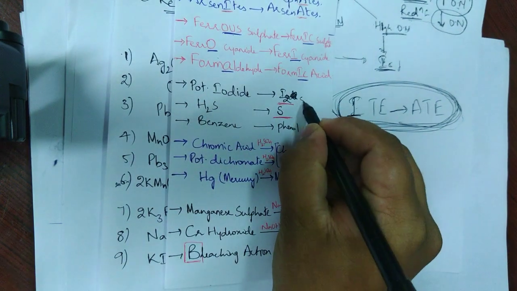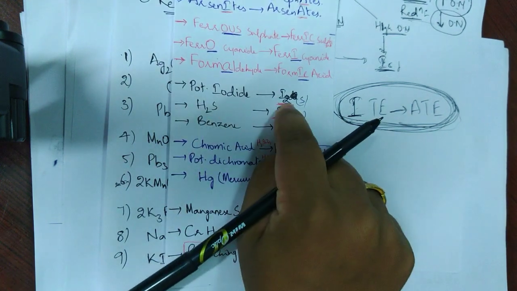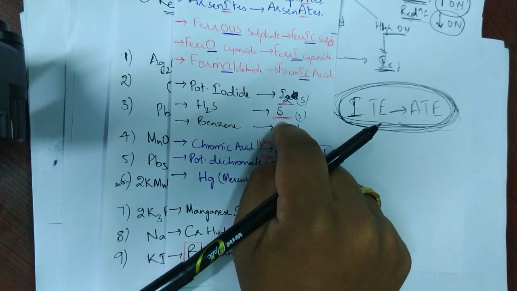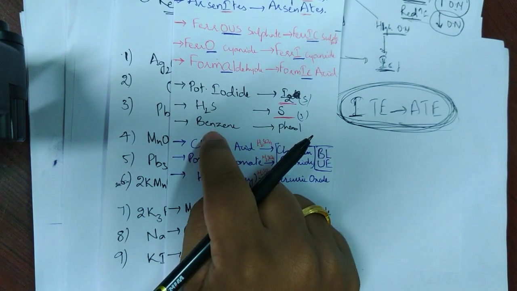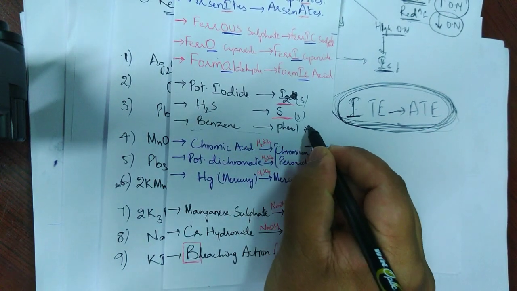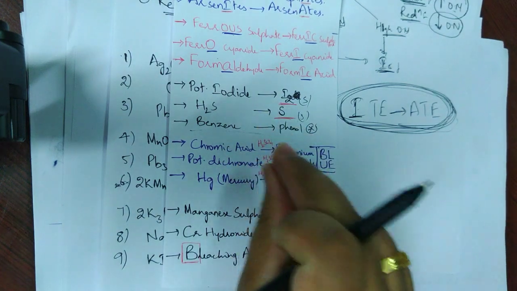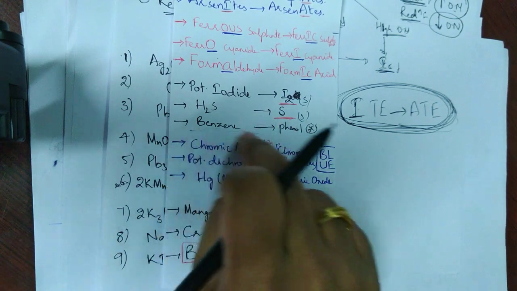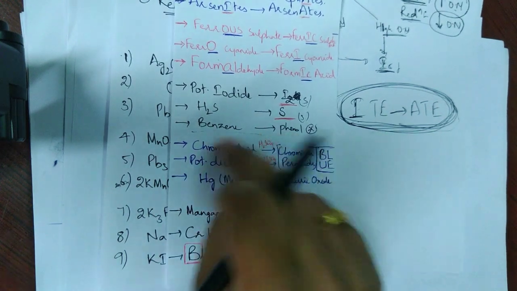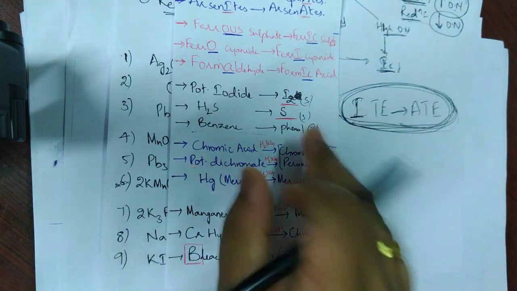Okay, this is in solid form. Fine. Potassium iodide, iodine comes out. From hydrogen sulfide, sulfur comes out. Benzene. Okay, this reaction is a special reaction, but I have grouped it under elemental form just for grouping. It becomes a group, but this is not an elemental form. Benzene will form phenol. We will discuss this completely in organic chemistry, for now it is just information.